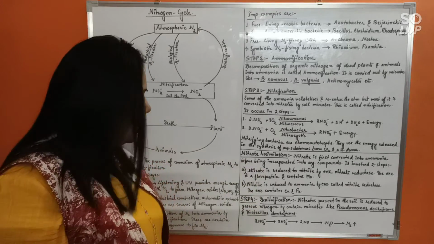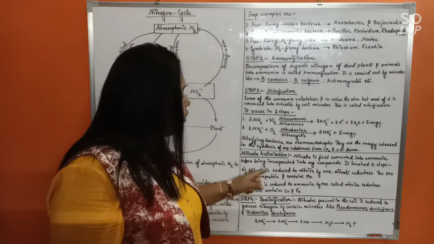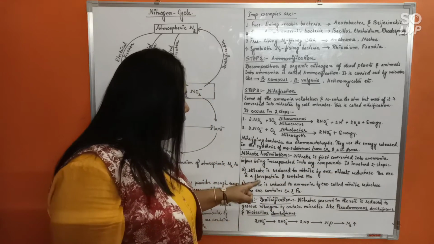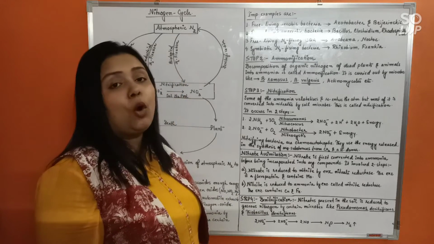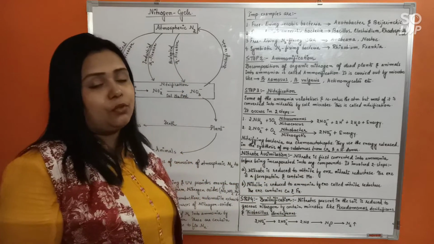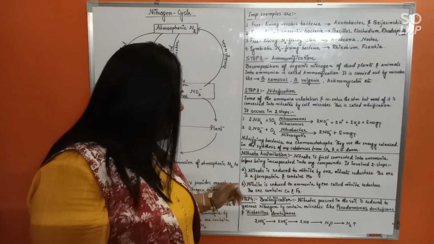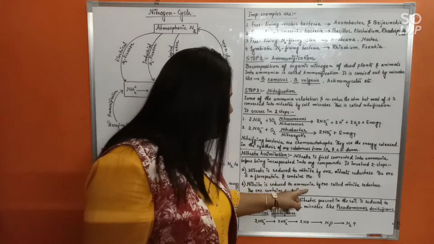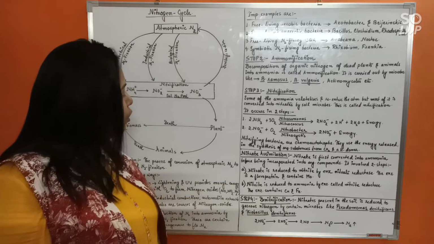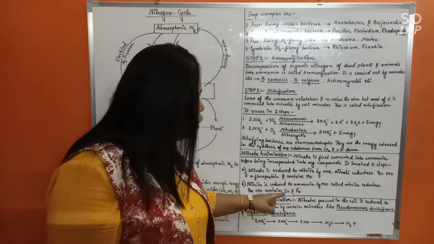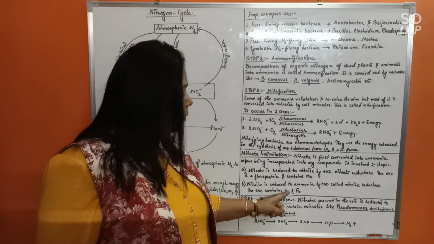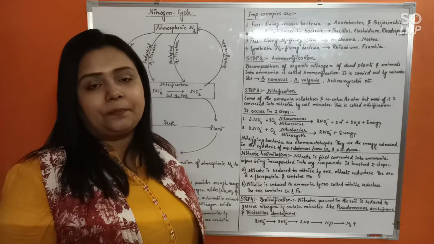Inside the plant body. So see here, in the first step, nitrate is reduced to nitrite by the enzyme nitrate reductase, and the enzyme is a flavoprotein and contains molybdenum. So in this particular step, molybdenum is a very essential element required. Next step, nitrite is reduced to ammonia by the enzyme nitrite reductase. Now, nitrite reductase does not possess molybdenum but contains copper and iron. Alright, understood this? So here again, copper and iron are essential elements required.